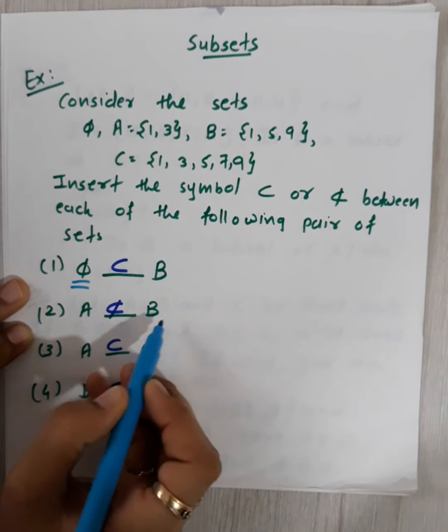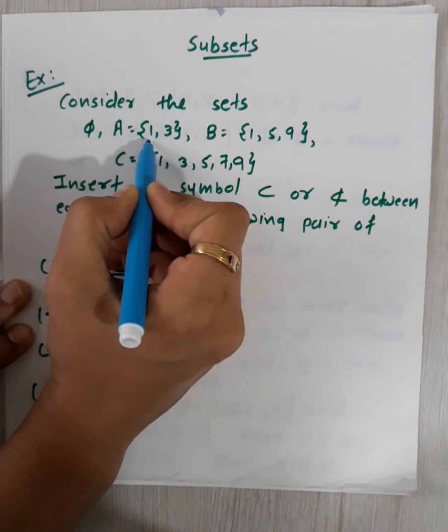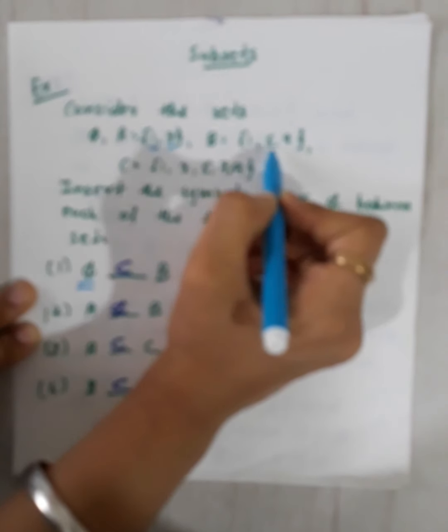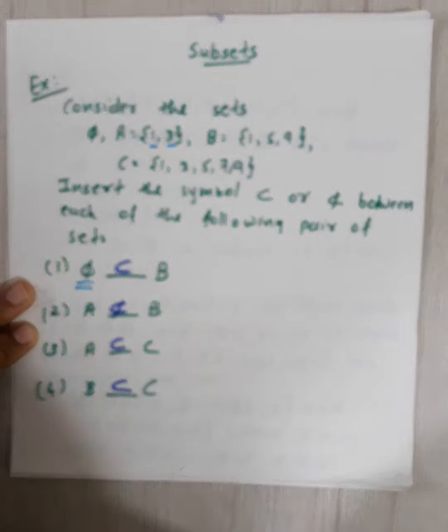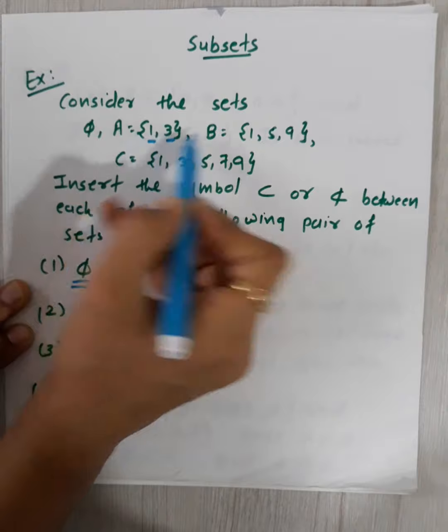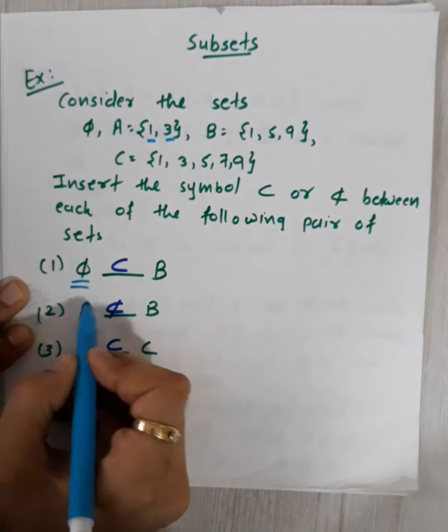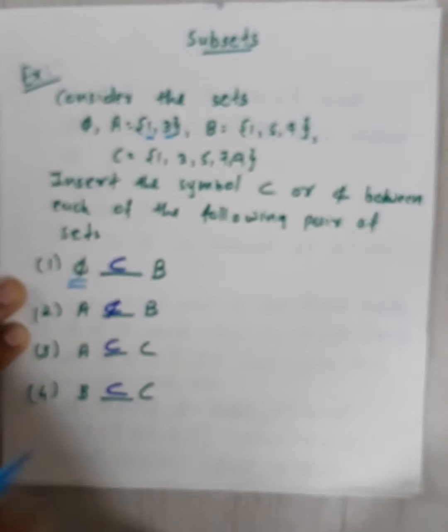Similarly, A dash B. Now see, A has two elements, which are 1, 3. Now B has 1, 5, 9. Now A has 3 but B does not have 3. So A is not a subset of B because the condition is